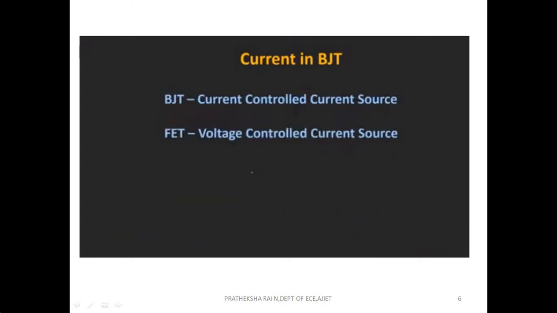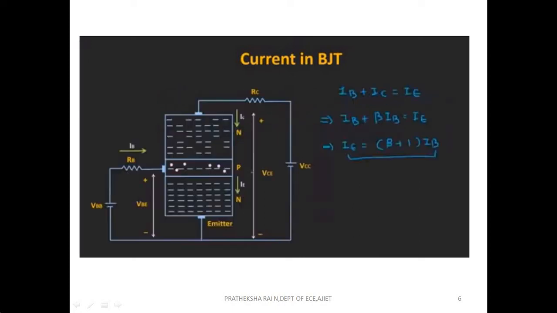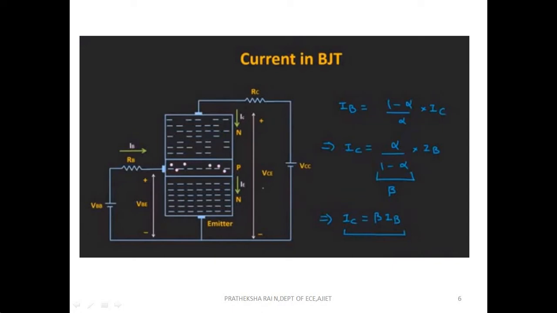On the other hand, if you see the other type of transistor, that is the field effect transistor, it is the voltage control device. That means in that case, by controlling the input voltage, it is possible to control the output current. Also, if you notice over here, in this configuration of the BJT, the output collector current gets amplified by the factor of beta. And if we connect the resistor between the collector and the emitter terminal, then it is possible to amplify the input signal. That means after biasing the BJT in this configuration, if we apply the AC signal as the input, then it is possible to amplify that signal. And we will discuss it in detail in the upcoming videos.